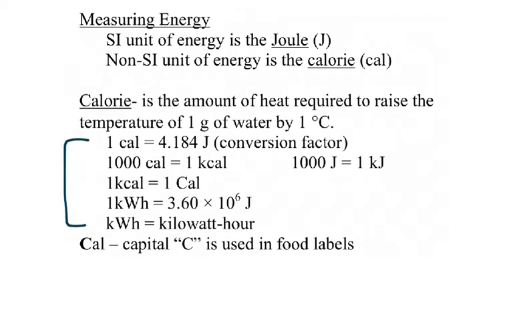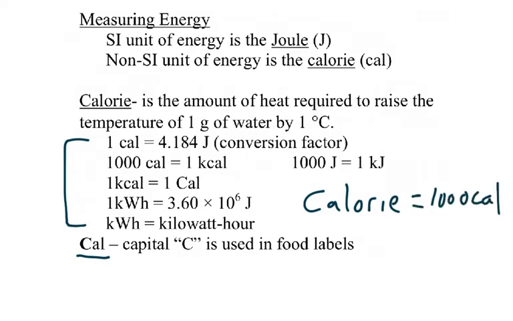However, there's one important one I want to look at. When we measure the amount of energy stored in food, we use a calorie with a capital C. Now, the nutritional calorie, which is with a capital C, is actually a kilocalorie. In other words, a calorie with a capital C is actually equal to 1,000 calories with a lowercase c, which would be the same as what we call a kilocalorie. So if you look, a calorie with a capital C is essentially a kilocalorie, which is 1,000 calories with a